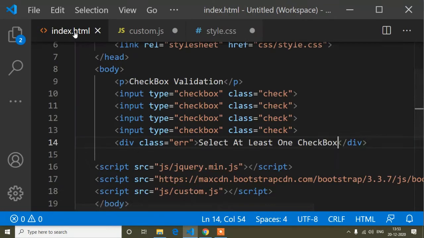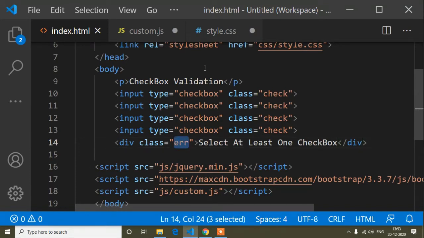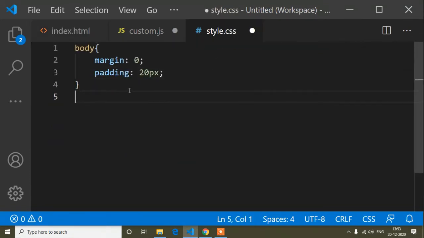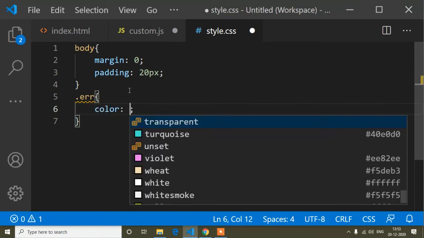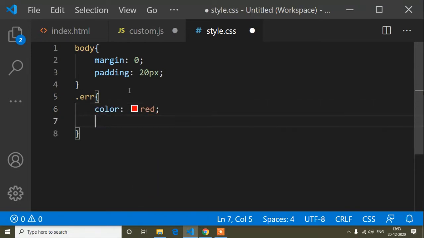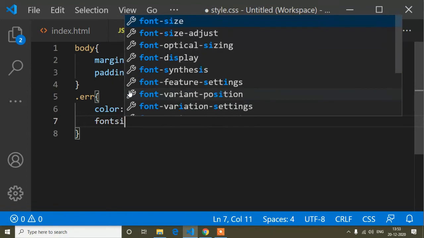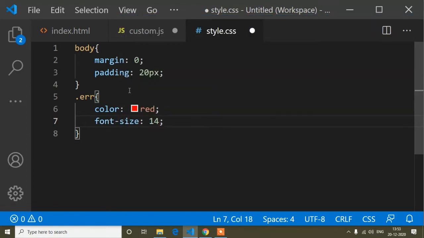Now I will copy this error class, and here I will add some CSS: color red, and font size is 14 pixels. If I refresh it once, you can see that.